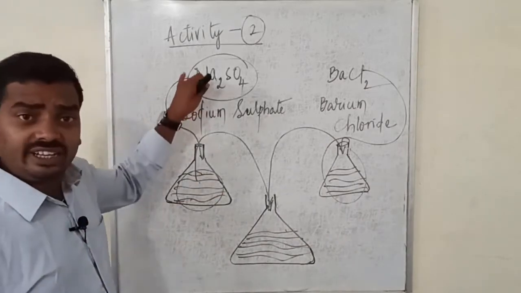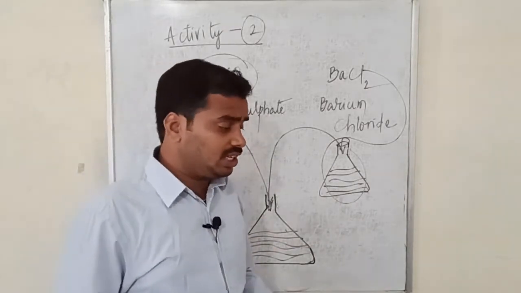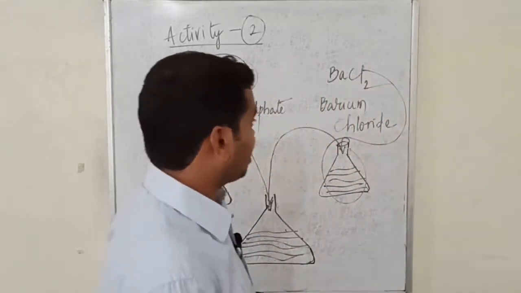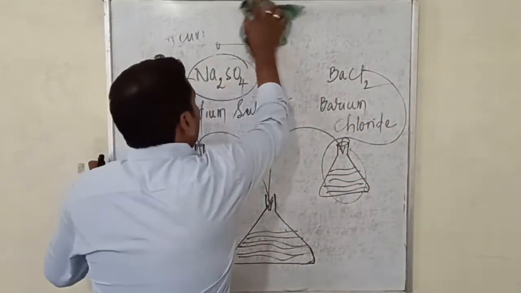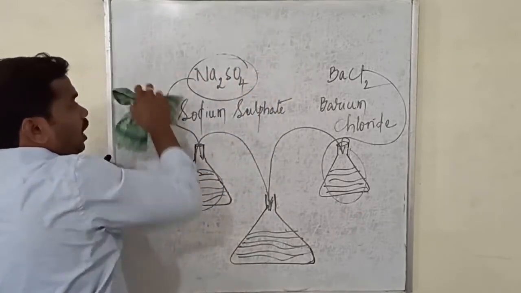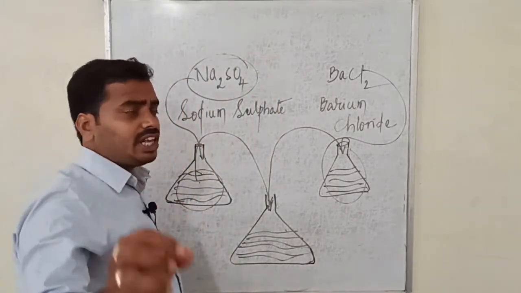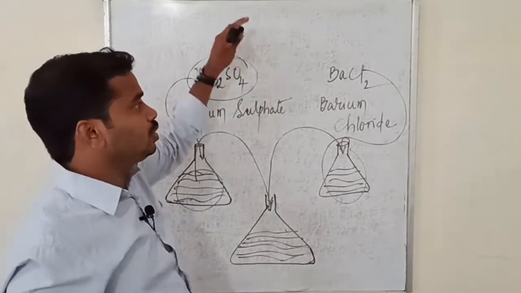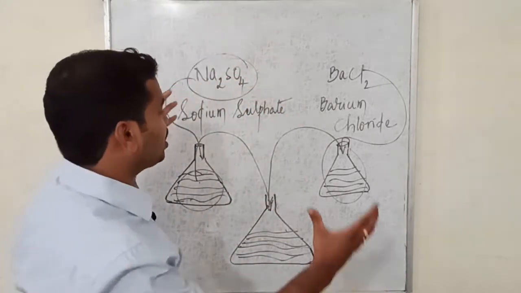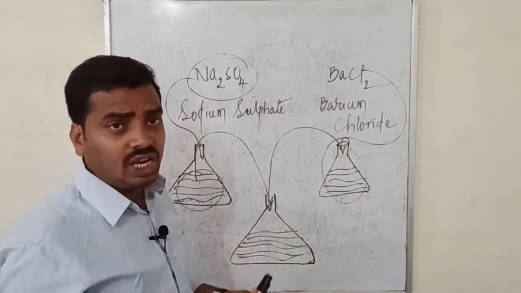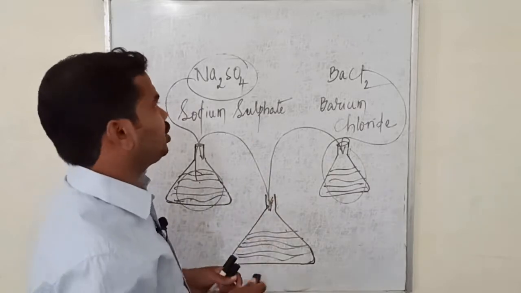So shall we write the reaction, what is happening with these two solutions? That is very important reaction. That's what I told you. What do you mean by reaction? What do you mean by chemical equation? A symbolic representation of a chemical reaction is nothing but equation. That is what we are going to write, the chemical equation. I am representing this particular reaction not in the form of words, in a symbolic representation.